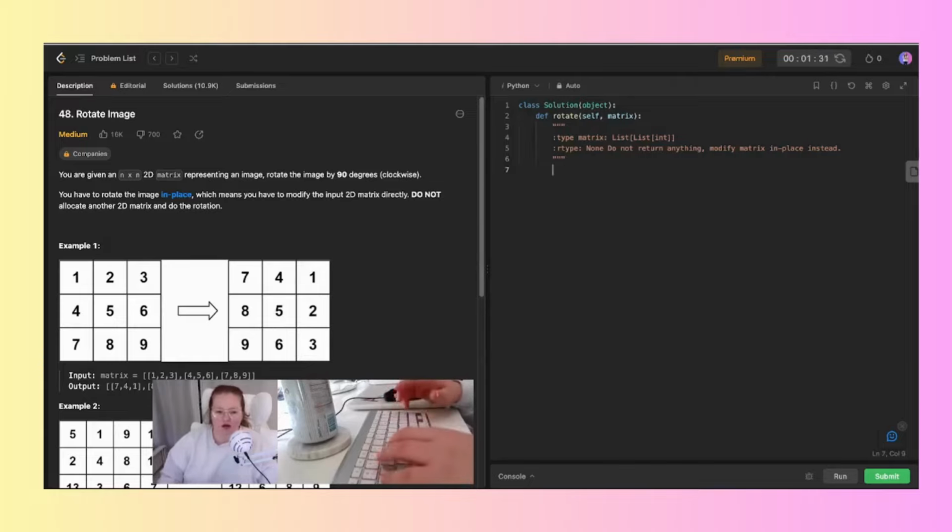So again, not sure that this is medium, and you know what, I might just be doing it wrong, so let's go ahead and give it a shot here where we say the length of matrix, and I want to go ahead and start to transpose this matrix. And like I said, we're just going to swap